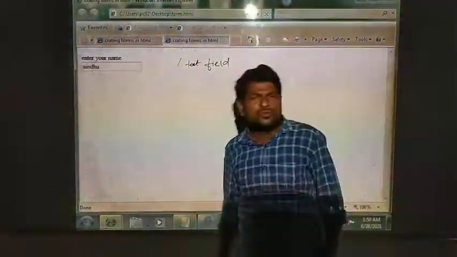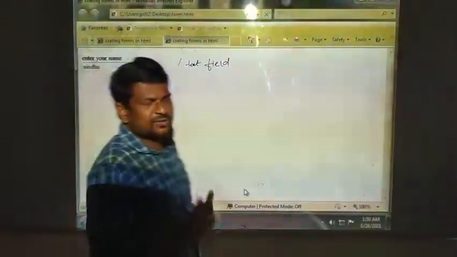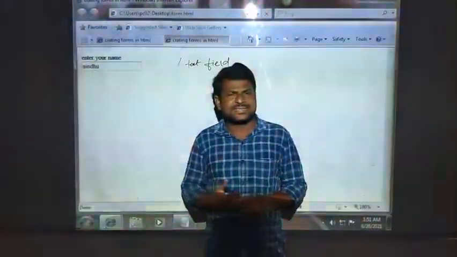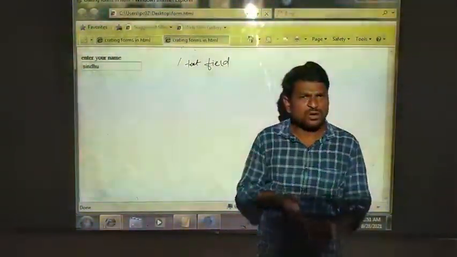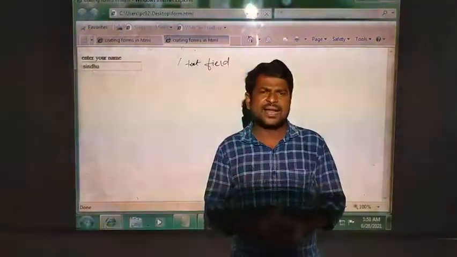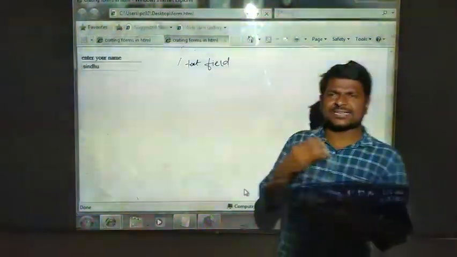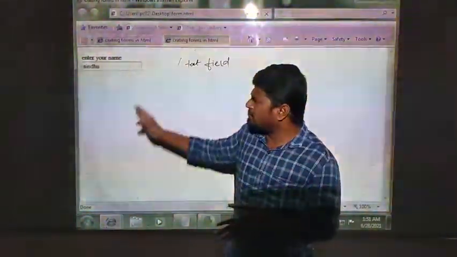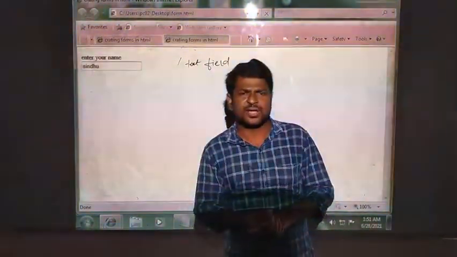If you want to give more lines, you can use the tag called text area. This is about today's class. In the next class we will see how to create radio buttons, checkbox, menu bars, and the submit button. The complete creation of a form can be seen in the further classes. And in the further classes, using cascading styles, different styles can be applied to your form. This is a sample program I did today. Thank you. We will see you in the next class.